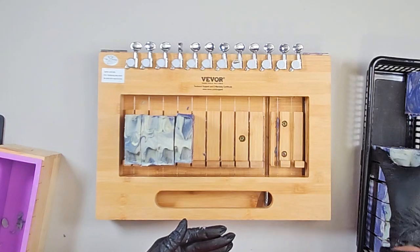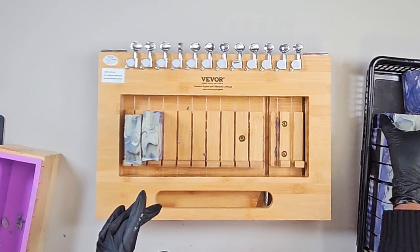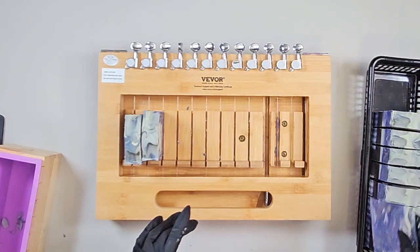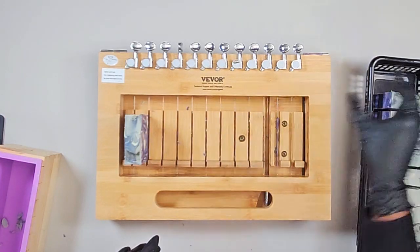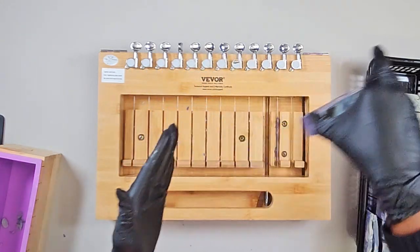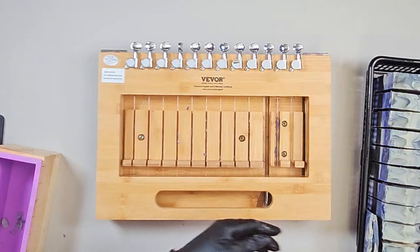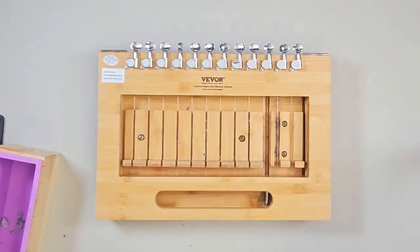Around this time, it doesn't really matter to me anymore if it does turn a brown color, because it is really the scent of the soap. And I realize when you do go ahead and use the soap, that brown color kind of disappears over time, but it can be a hit and a miss. Sometimes it is not always like that. So yeah,